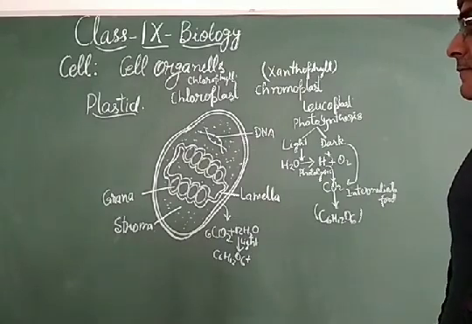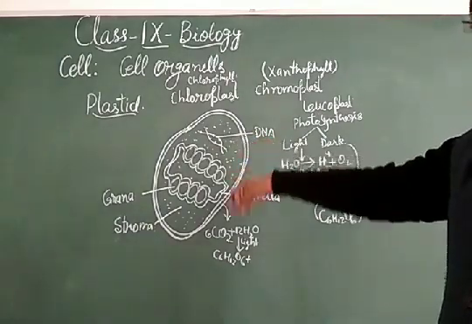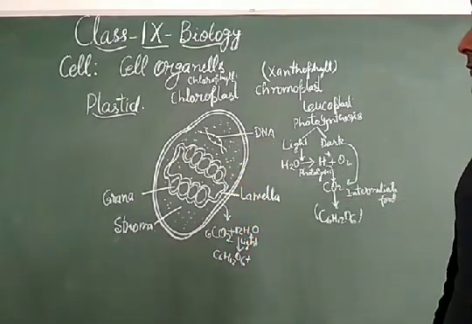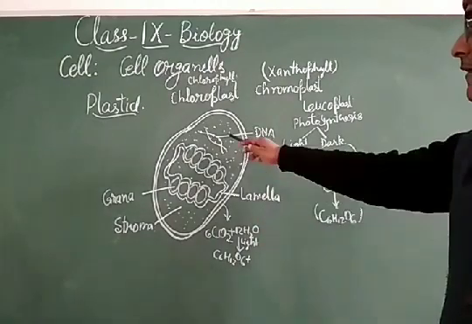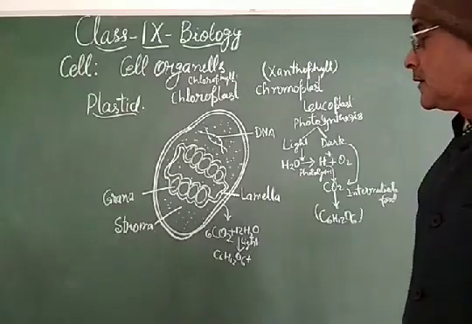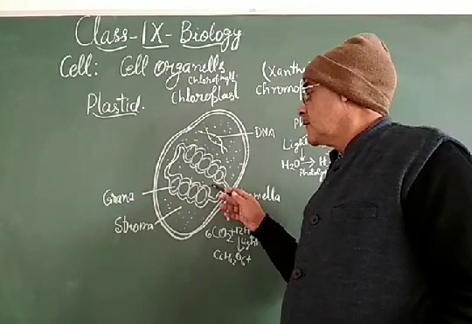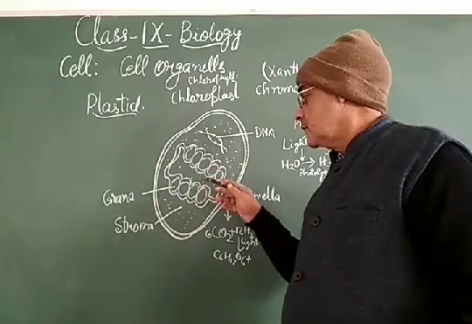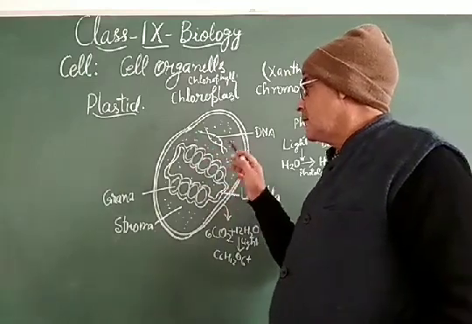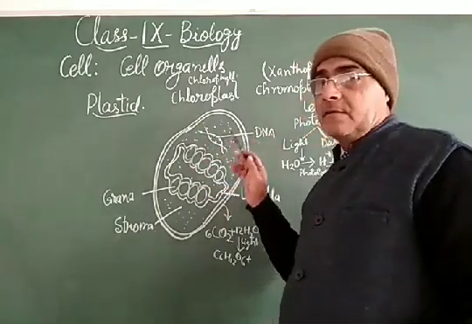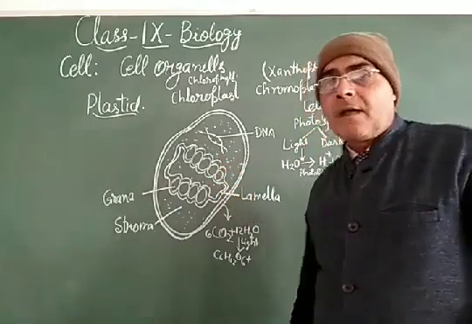My dear students, as you have studied the structure of DNA in the nucleus, now you see how this DNA controls the process of photosynthesis. This DNA has its own genes, and those genes are designed for the process which is done by this plastid, and that process is photosynthesis. So this DNA is only for the photosynthesis that is present inside the plastid.